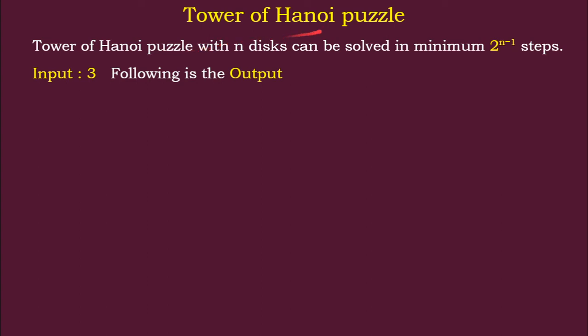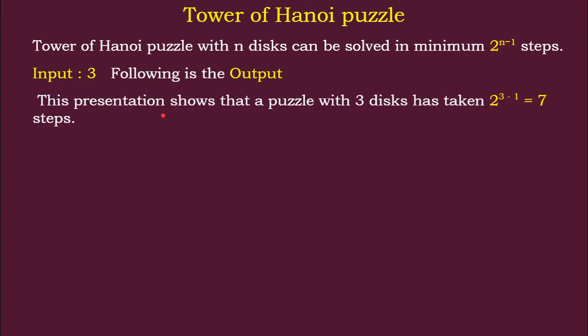N discs can be solved in a minimum of 2 power n minus 1 steps. Actually the minus 1 comes down, so it is 2 power n, minus 1 steps. So when you are giving input 3, we have 2 power 3, 8 minus 1, 7 moves. The following is the output. So we have 2 power 3 minus 1, which is 8 minus 1